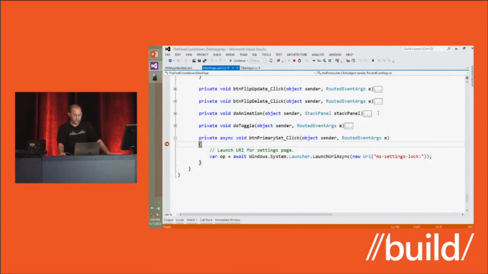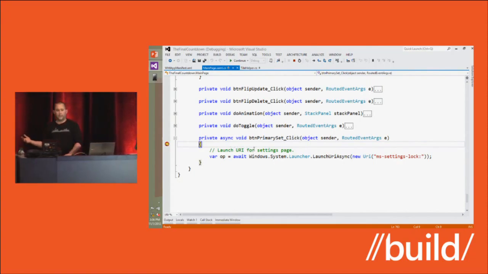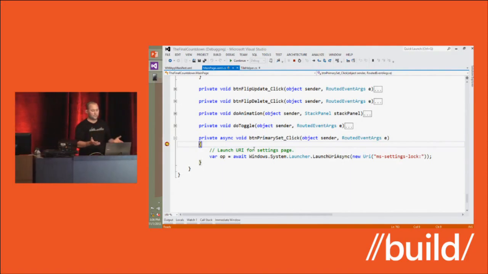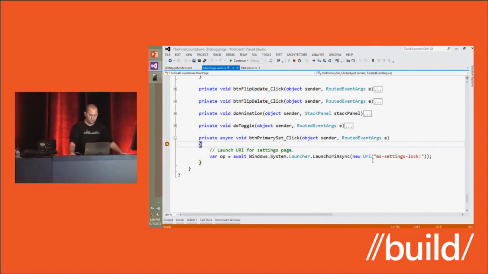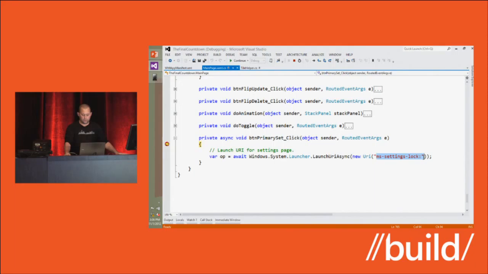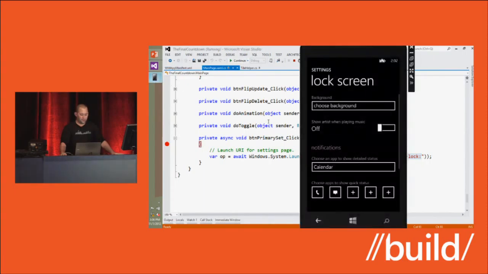So clicking this button does this really, really simple call. This is app-to-app communication. Sean McKenna is going to do a session on app-to-app communication tomorrow that goes much deeper than this, but it's really, really simple. This is the key to this. This special, essentially, navigation URI lets you launch out to the settings CPL. So once I let this pass through, you're going to see now I'm in the lock screen settings for the phone. This is the same thing as if I had gone Start,